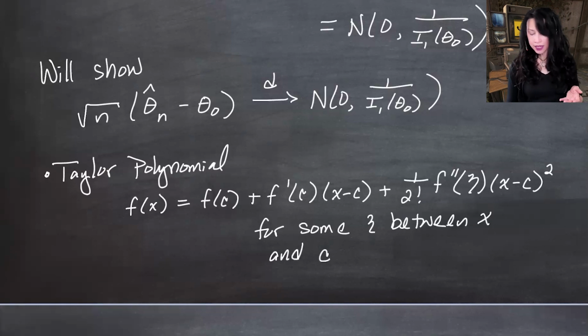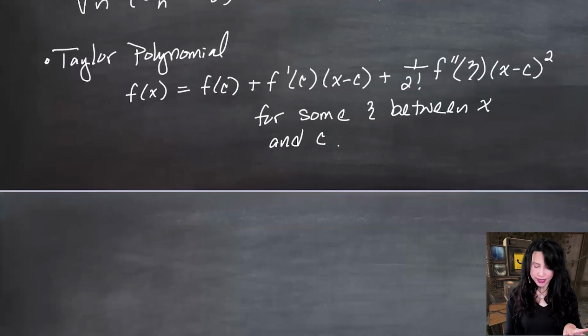And I write it out like that the long way rather than writing some kind of inequality because the c is going to be a fixed number that we're expanding about, and the x is a variable. So the x might be above c, it might be below c. So that's why I'm not writing an inequality with the c in the middle. All right, we're going to use this, and again, that's not the PDF, that's just